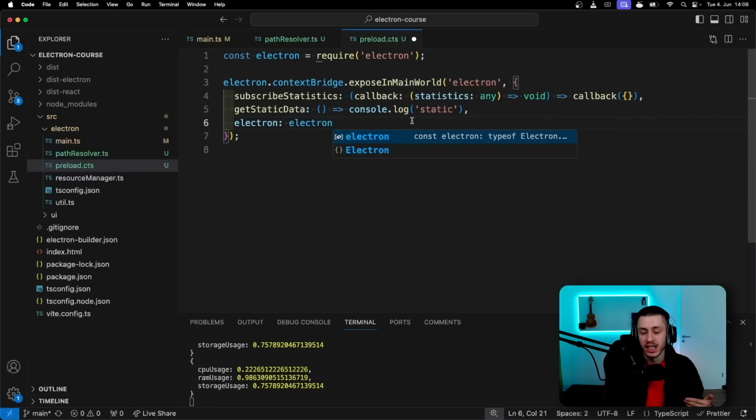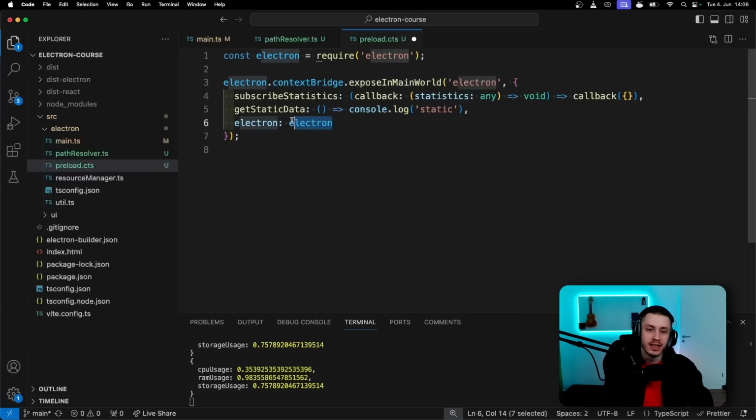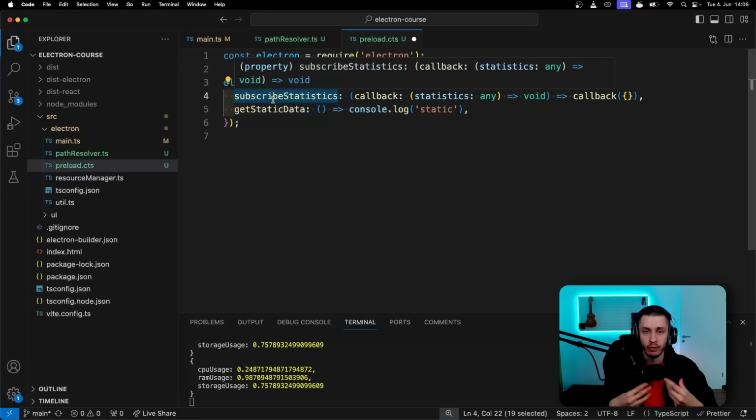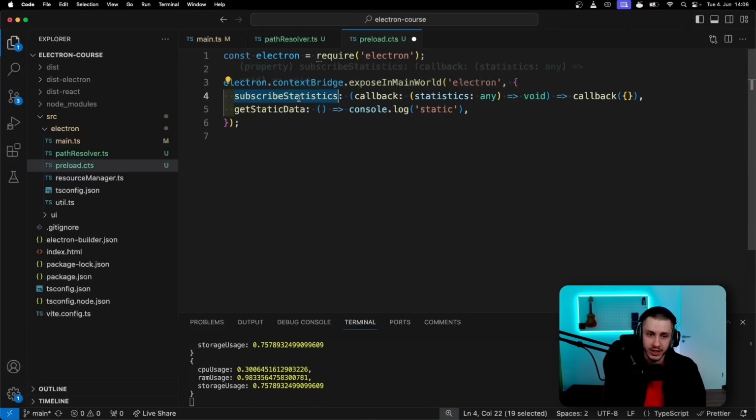That would in itself of course be another security vulnerability depending on your app. So it's best not to do that. This is why we're adding these functions that basically wrap some logic so we don't give too much power to the UI. So what we're doing is basically just saying these two methods can be used by the UI. They do this. So please expose it to the window